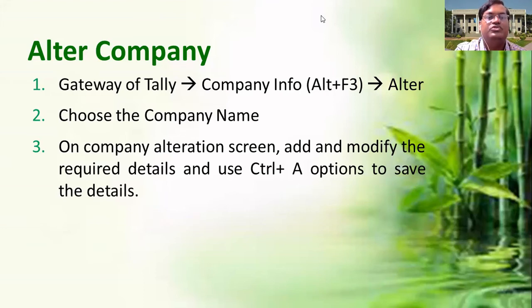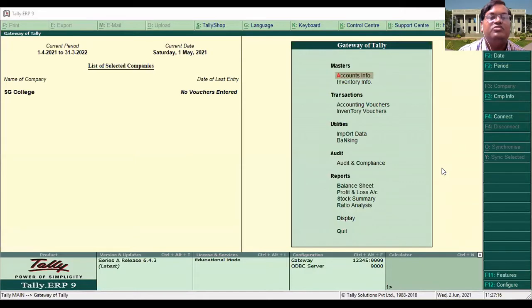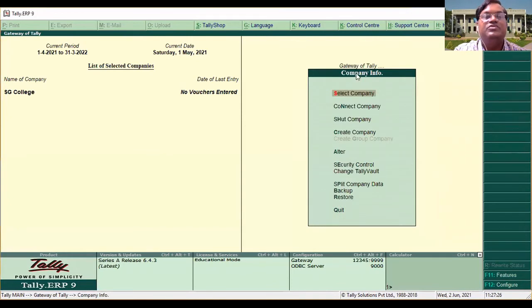I'm going to show you how to make the changes. This is your Tally screen. Now if you want to make an alteration, you are in the Gateway of Tally menu. To go back to the company info menu, press Alt F3. When you press Alt F3, you get back to the company info menu here.